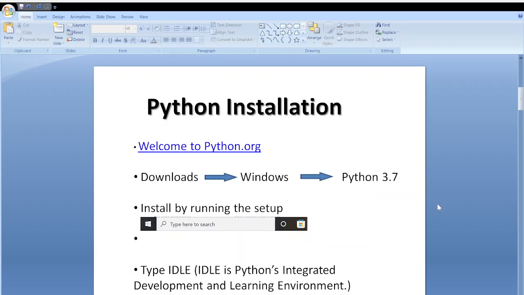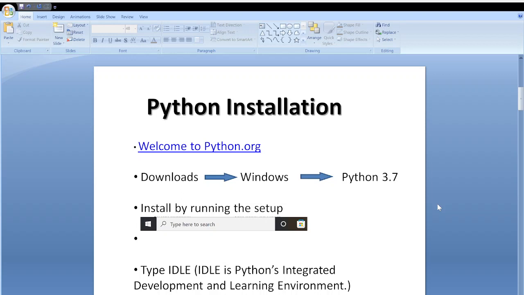Now, to install Python, you have to go to any suitable browser of yours and simply type python.org. Then go to downloads, and if you are a Windows user, select Windows. Otherwise, you can go for Linux or iOS, and then go for any version of Python from Python 3.7 and above. I will be recommending Python 3.7 to you. And then once you install it, then you run it. That's it.